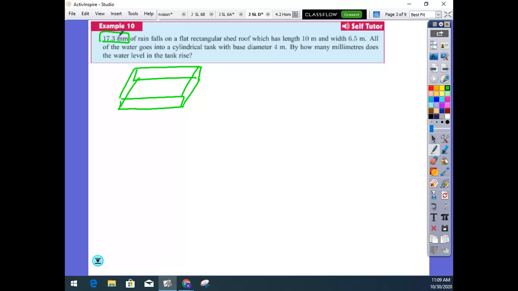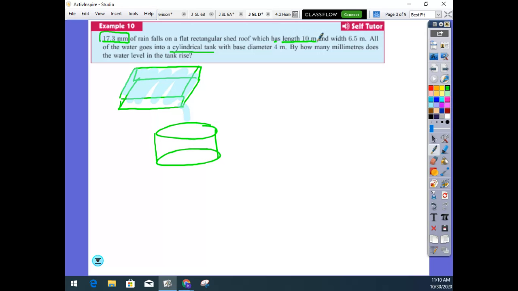When the rain fills the roof, so think of this as filling the roof, and then it's almost like it's draining into a cylindrical tank. So then it's filling up my tank. But first it fills the roof and then it drains into it. Okay, so